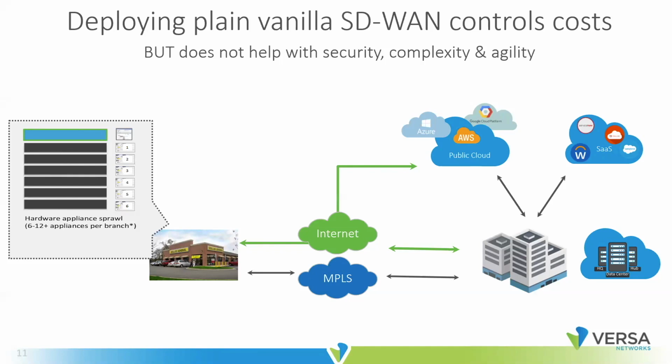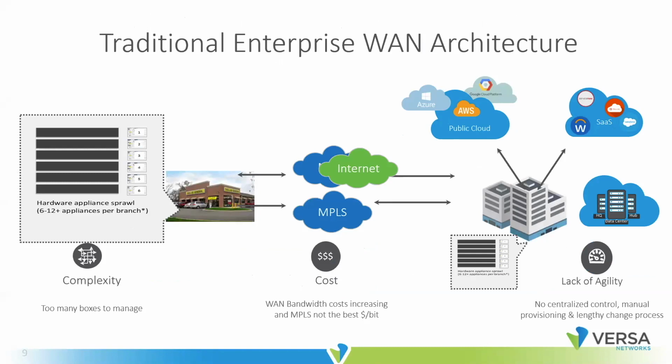But when you look at it from a vanilla perspective, which is really just about WAN transport management with levels of application intelligence to get to cloud, the only thing it really helps us address is cost, because now we can augment